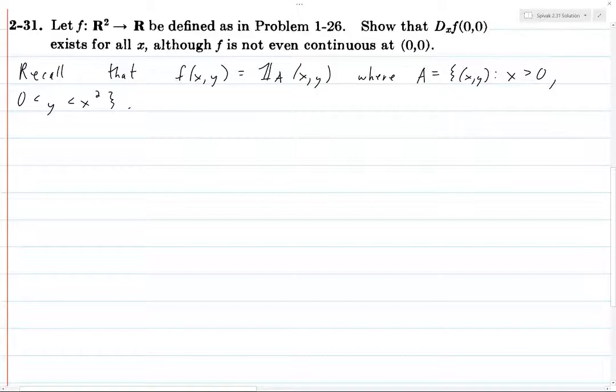In my write-up for exercise 1-26, I drew a graph of this to show you what it looks like. And here, of course, when I say f of x, y is the indicator function of the set, this means that if x, y is in A, then f of that point is 1. If x, y is not in A, then f of that point is 0. Okay, so fix some vector